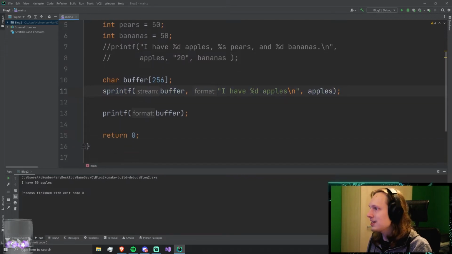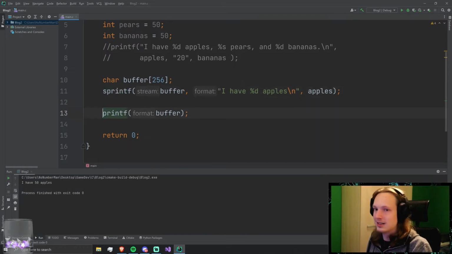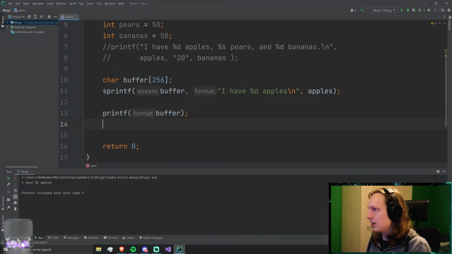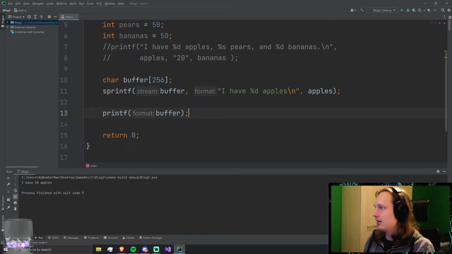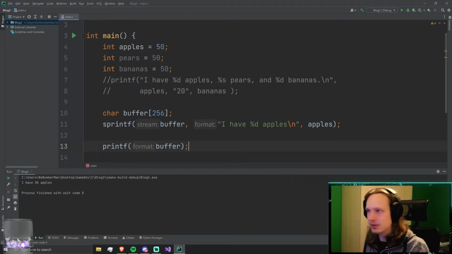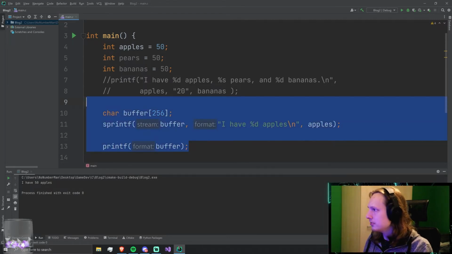So this also works. Basically, sprintf takes in a string and then prints a formatted string onto it. Printf just takes in the default, which is just your output, your console, and it prints the formatted string. We also have fprintf. That's the same thing. I just need to open a file and then I can print some formatted string to the file. All works in exactly the same way. Yeah, I think we covered basically what main and printf do.